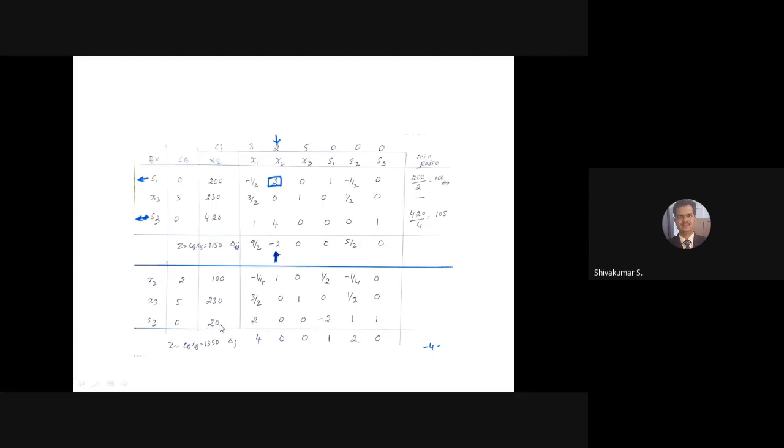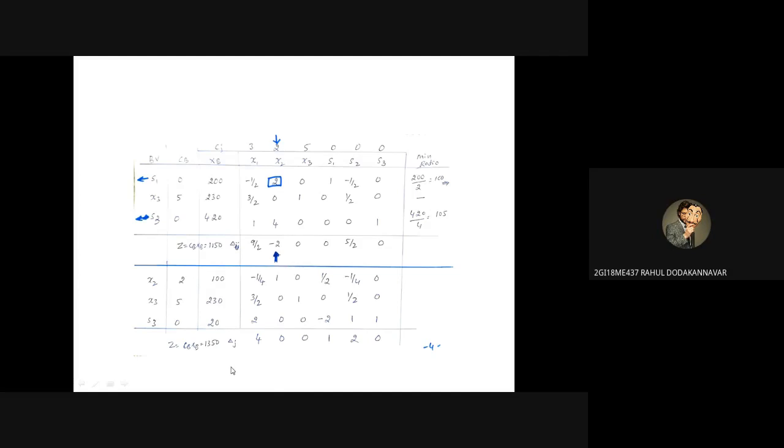I hope you got these values: 22, 0, 0, minus 2, 1, 1. Got this value? Anybody got doubt? Remember the procedure, you are going to make the pivot point 1 and the remaining 0 only. We multiply this entire row by minus 4 because you have 1 here. By multiplying this by minus 4, you can make this 0, correspondingly multiplying the entire row by minus 4 and adding to this row. So you're going to get 22, 0, 0, minus 2, 1, 1. Have you got these values?